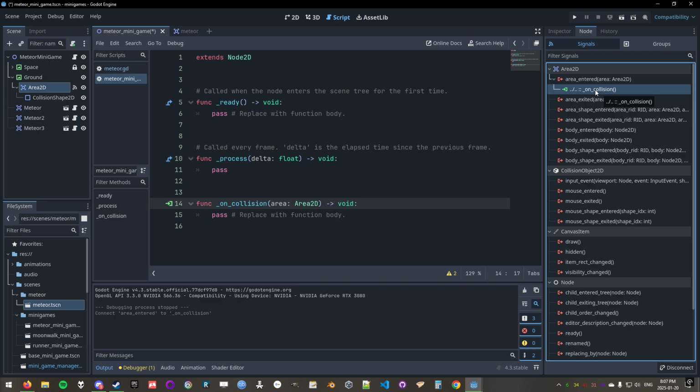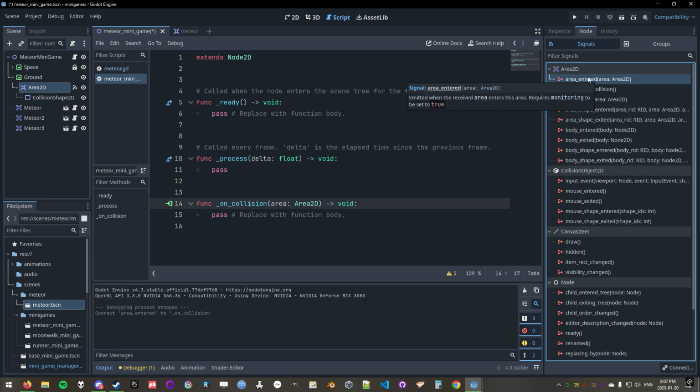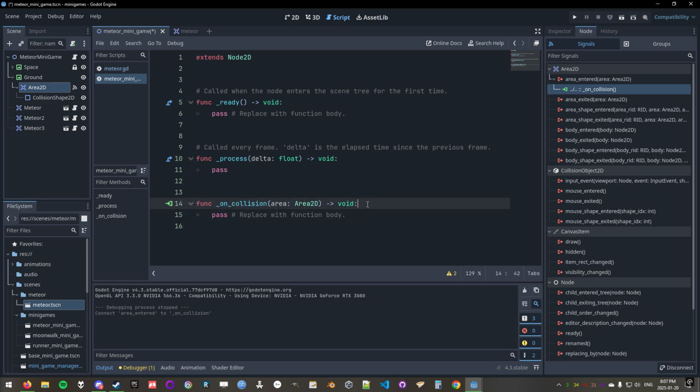So basically, in our game, if this area 2D collides with something, it will fire this signal, and anything listening to that signal, for example this on collision function, when it gets that signal, it will do whatever's inside. So as an example, I'll just print